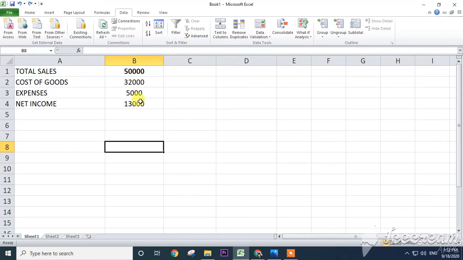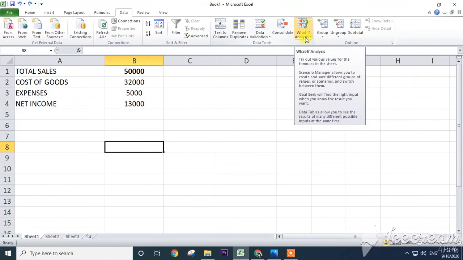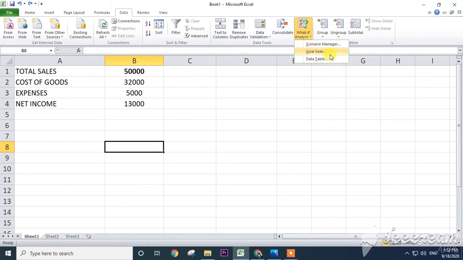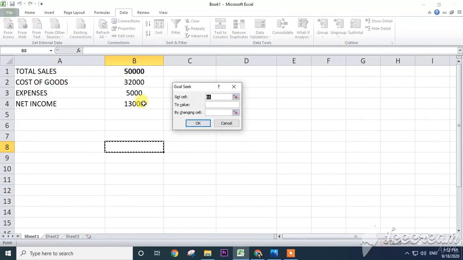Now again I am going to show here. Click on the What-If Analysis option, click on Goal Seek and first select the net income. Set the value, how much net income? Suppose you want 50,000 monthly income. Now how much do you need to increase sales? Select the cell, this one, B1. Now click on OK.